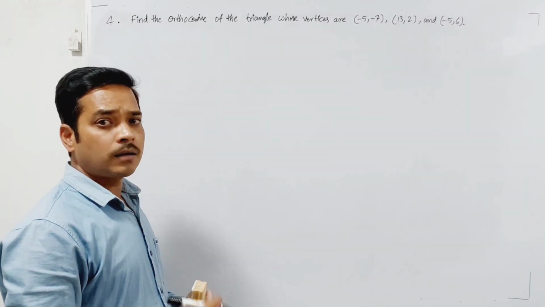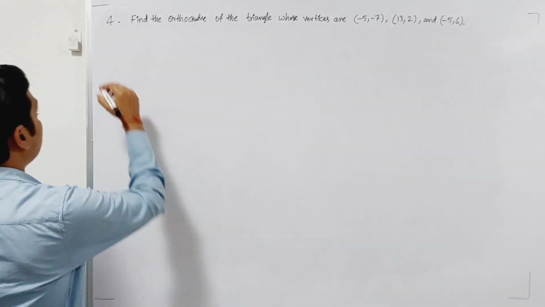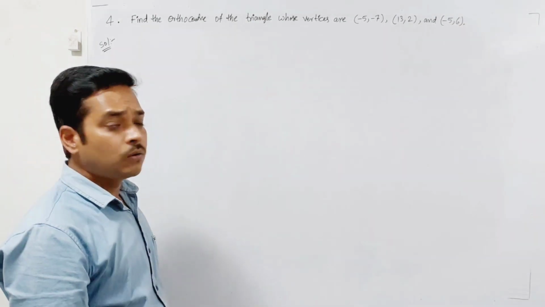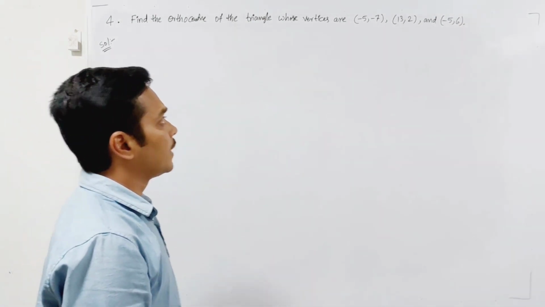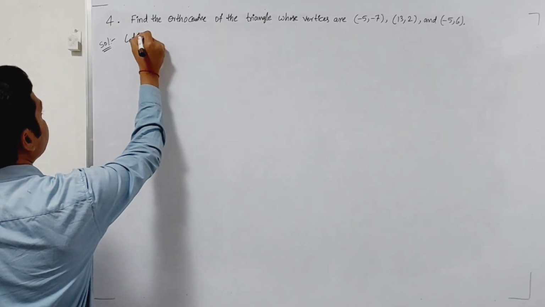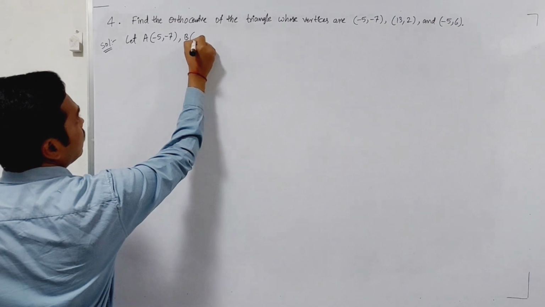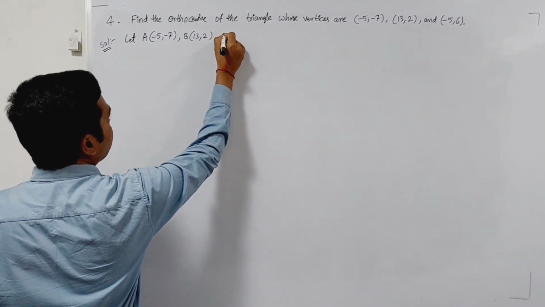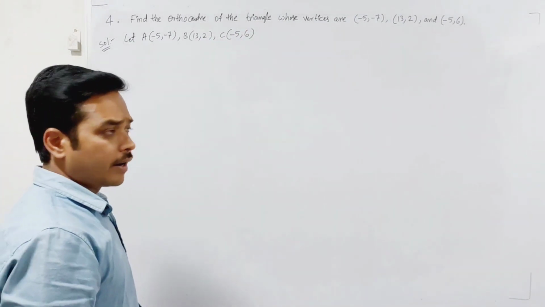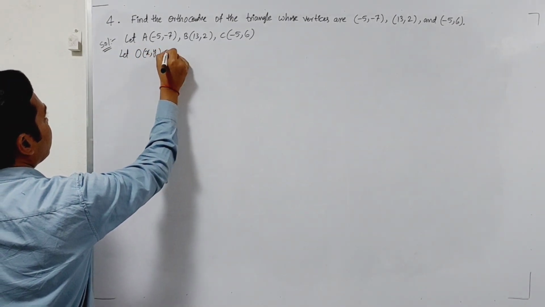Now, first problem on orthocenter by using the first method. There are 3 methods total. Here, first method. Given problem is find the orthocenter of the triangle whose vertices are minus 5 comma minus 7, 13 comma 2 and minus 5 comma 6. Let us assume A minus 5 comma minus 7, B 13 comma 2 and C minus 5 comma 6 are 3 vertices of the triangle. Let O x comma y be the